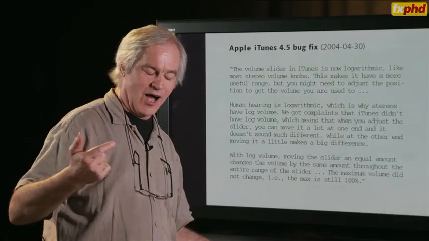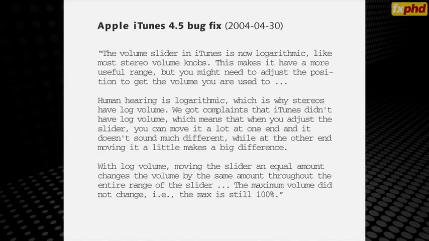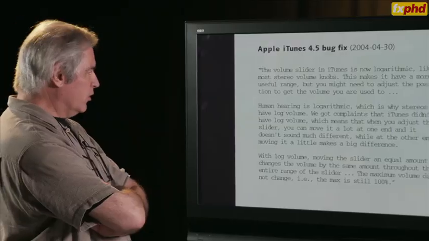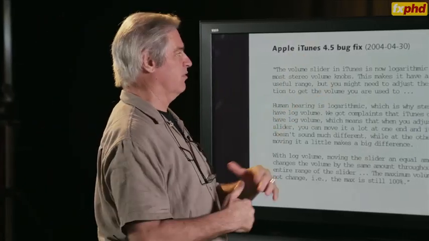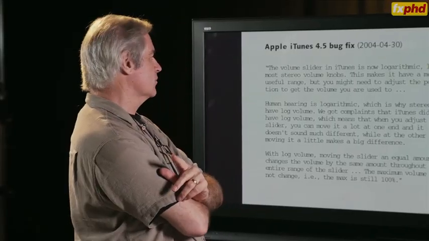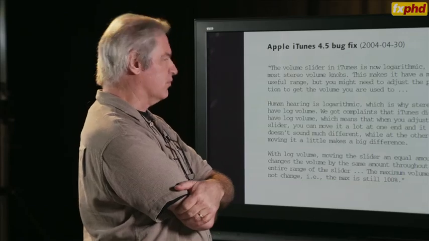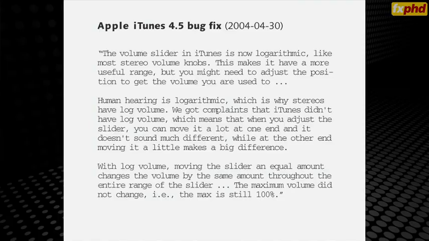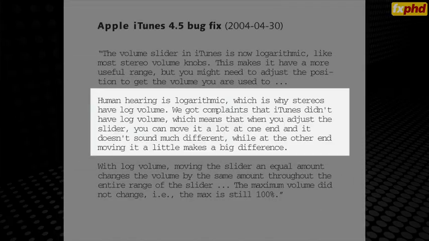And now, directly related to this, I'm going to give you an excerpt from the release notes for Apple iTunes 4.5. Because it's going to be difficult for you to read, I'll read it to you. The volume slider in iTunes 4.5 is now logarithmic, like most stereo volume knobs. This makes it have a more useful range. Human hearing is logarithmic, which is why stereos have log volume. We got complaints that iTunes didn't have log volume,